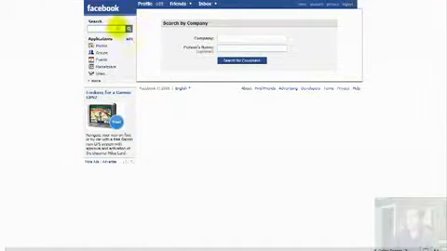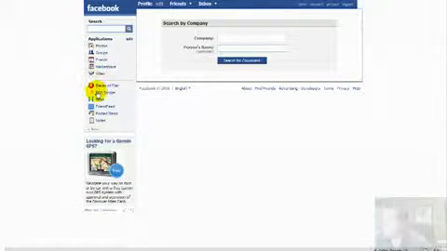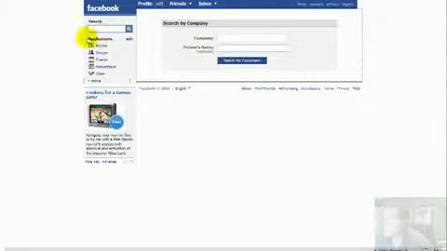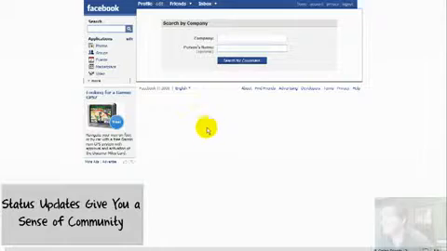Now, once you have an account and have signed up, the basic idea is to stay in touch, to be able to communicate, interact with friends over photos, videos. There's all kinds of little applications that you can add on to here that are being developed all the time that basically give you the way to communicate with your friends. When your friends post photos, you'll see updates of their photos. You'll see status updates of what's going on in their life. And so that's one of the nice things, is you can kind of just stay in touch with people in general.